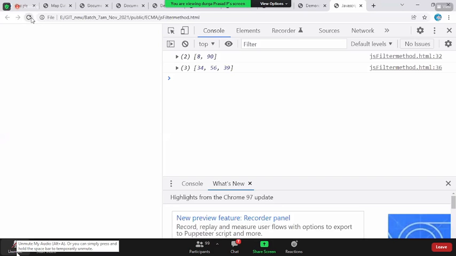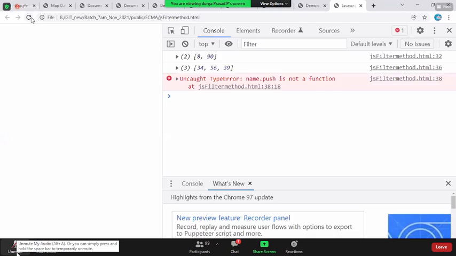Now if you come back and reload this, why is the push method not applying on the string? As per your logic, you said that internally string is getting stored in the form of an array, so you can apply the filter method on top of it. If that is the case, push is also a method which can be applied on an array. Can't I put it on the string? So the thing over here is, string is not an array. If it had been an array data structure, we could have applied the predefined array methods on top of it. It is not. String internally has a memory structure like an array.